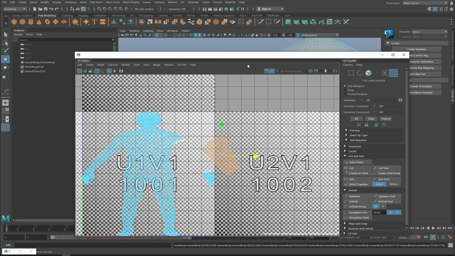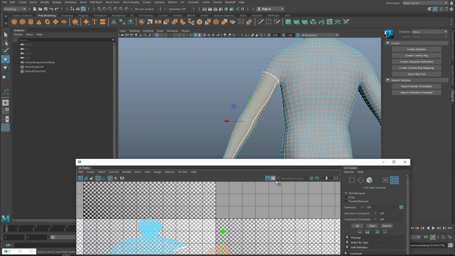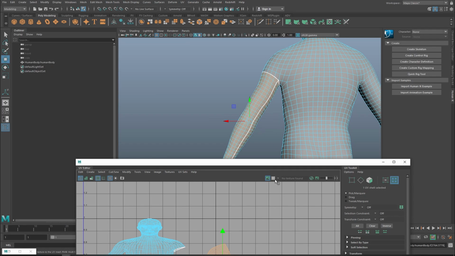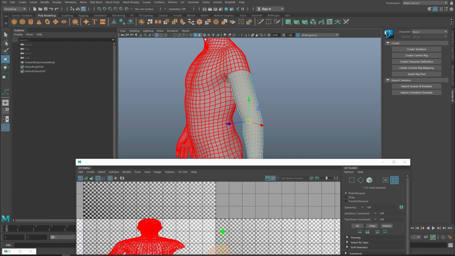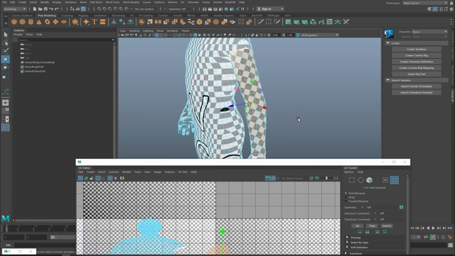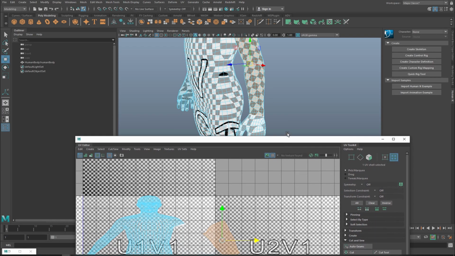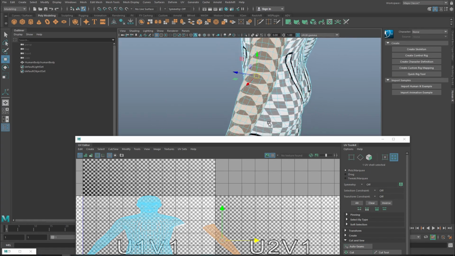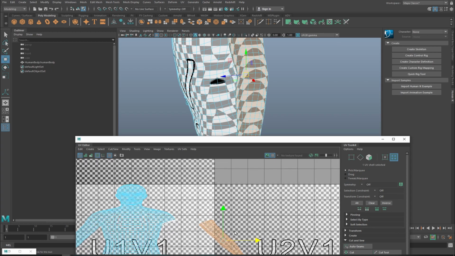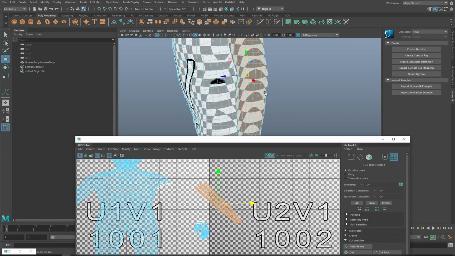And then again I can unfold this. Okay, so you can see what we are getting here. Sorry, I'll remove this material so that you can see a bit better. I'll undo it, to before it was unfolded. Now you can see that these squares are stretching, which means if I paint on it, it will be stretched pixels. And when I unfold this, Shift Z,